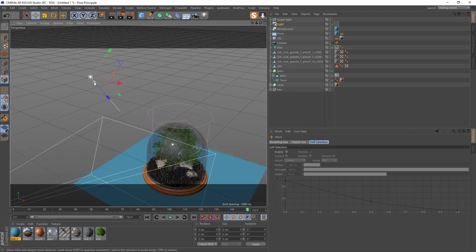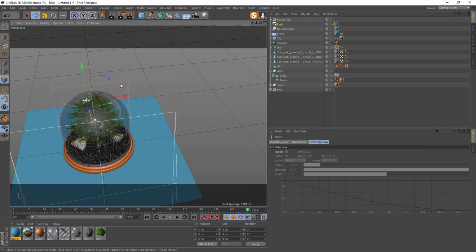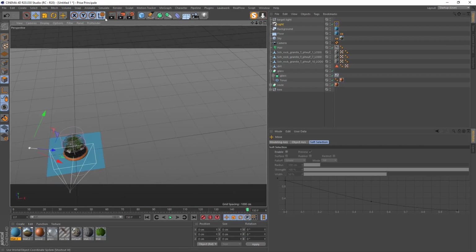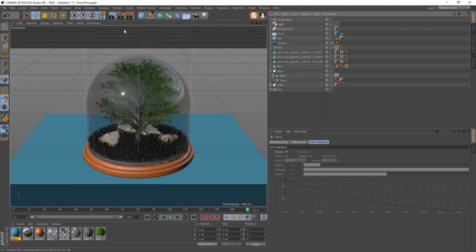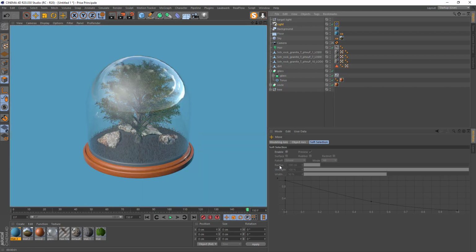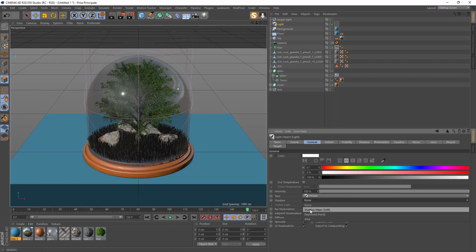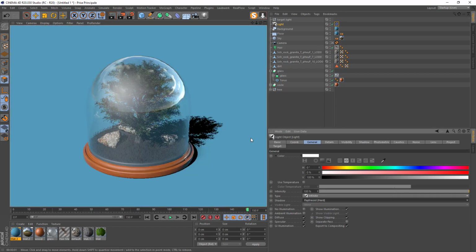You see, it's the white line always pointing to the center of the scene. So it's faster for me to move the light. I will move it there. Let's see how it looks. Yeah, it's not too bad. We can add shadow, light, general, and choose hard shadow. Okay, it looks good to me.